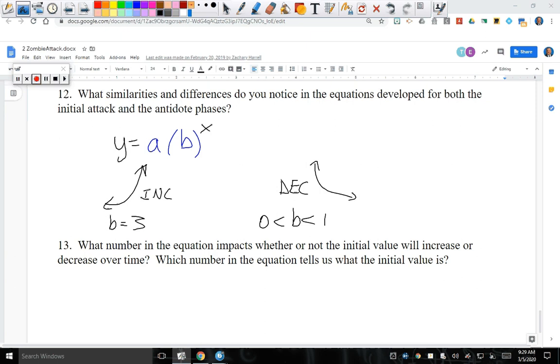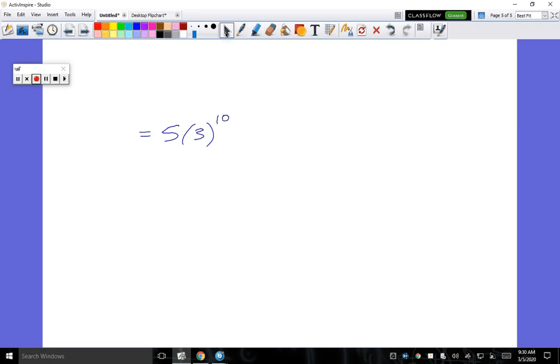Okay, so number 13, what number in the equation impacts whether or not the initial value will increase or decrease? It is the B, so I kind of went a little bit ahead. If B is greater than 1, then you will increase. But if B is between 0 and 1, then you will decrease. Any questions? All right. Stop there. We have one more